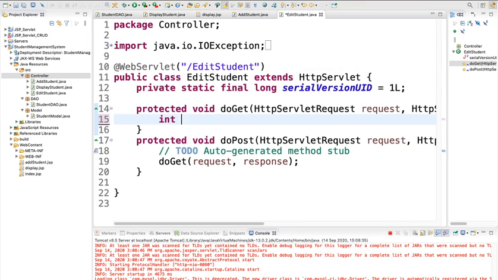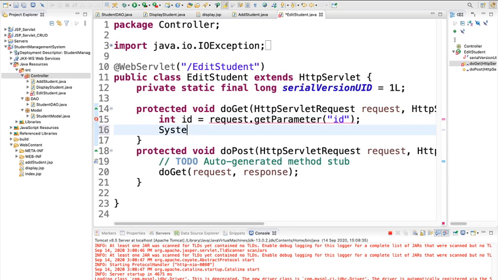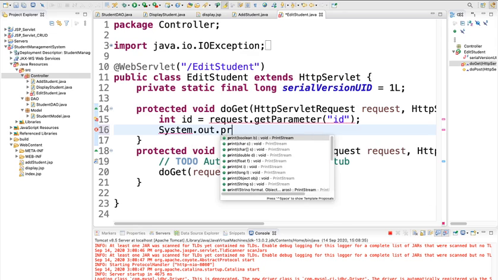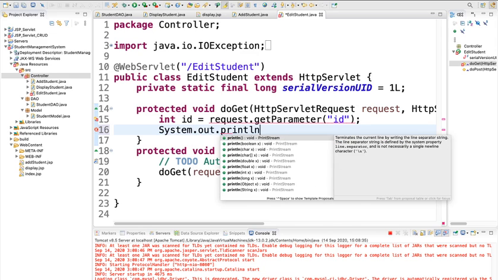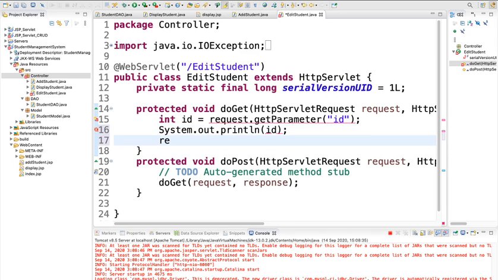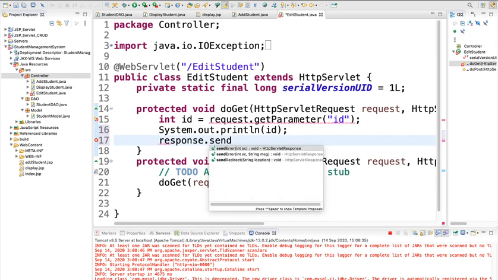So I'll say int id equals request dot get parameter, and get the parameter as id, and then I'll say system dot out dot println id, and then response dot send